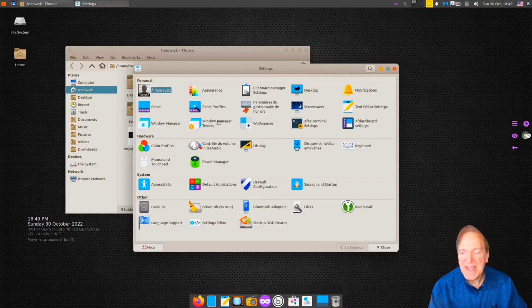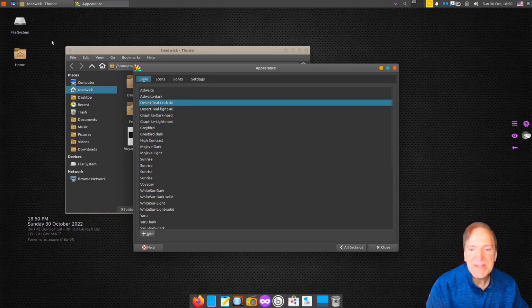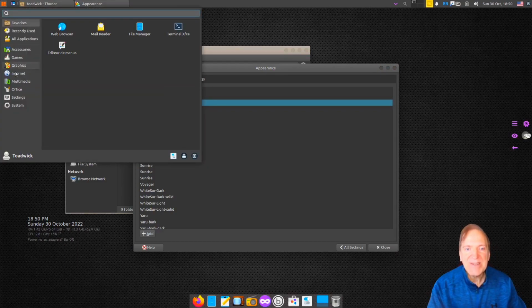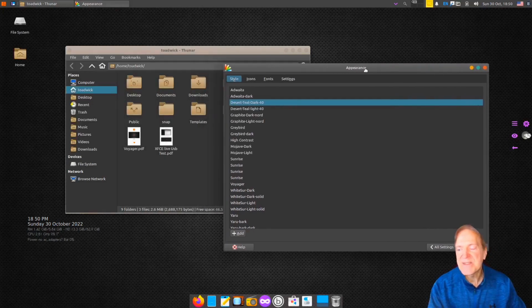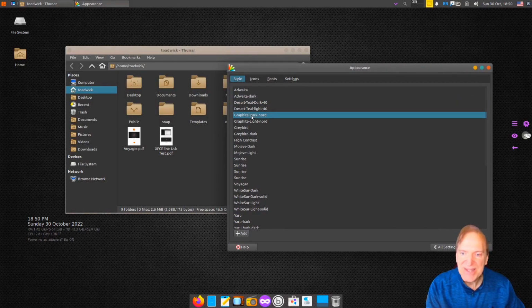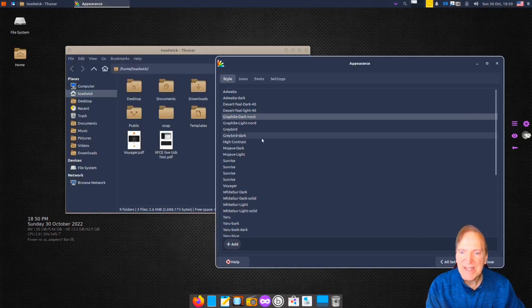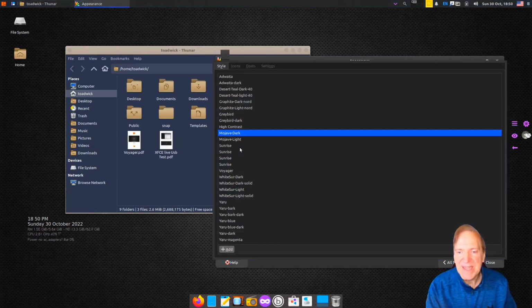If we go up into settings, let's go into appearance and see what kind of choices we got. Wow, a lot of choices here for themes and styles. So by default we're using this desert teal, but change to dark, and I like the dark even better. That kind of fits more with my taste. Cool, but look at all these choices. This is great. It actually seems more flexible here in the Xfce with these themes, so this is kind of